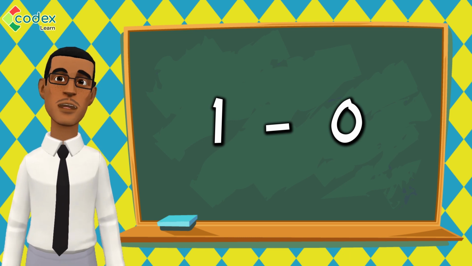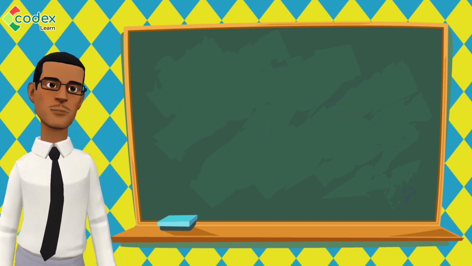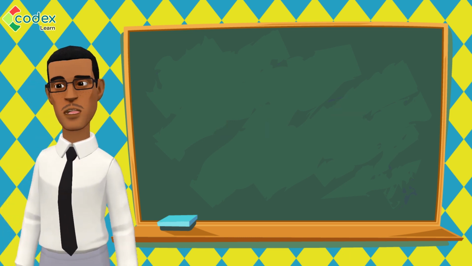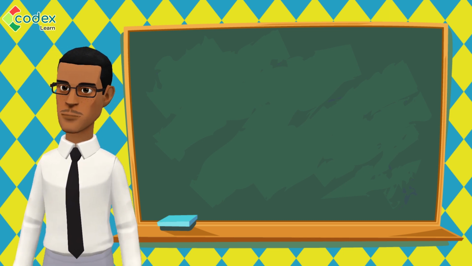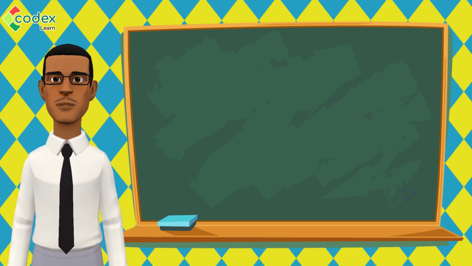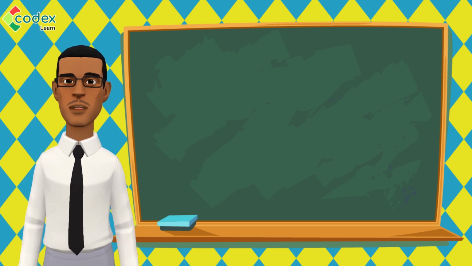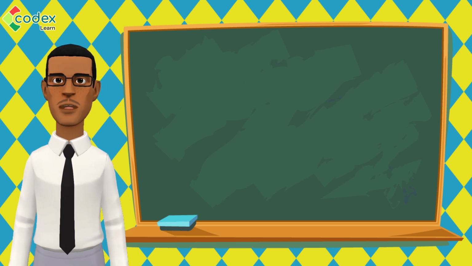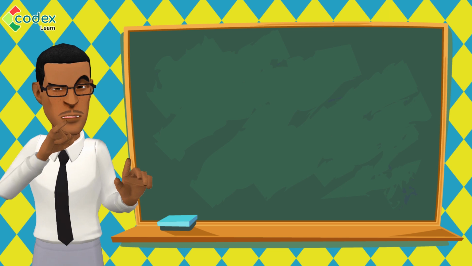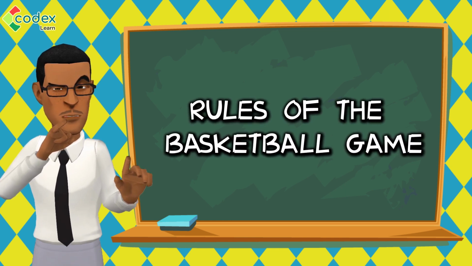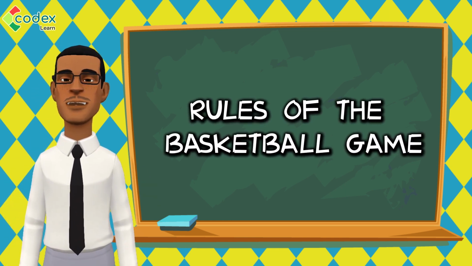When the game was invented, there were no rules. Because of this, there was no maximum number of players at that time, unlike today. This also meant that there were no set rules to the game. As people played the game more and more, James Naismith only learned new things about the game and changed the rules. Now, the game of basketball has a few rules, and we need to know what they are.